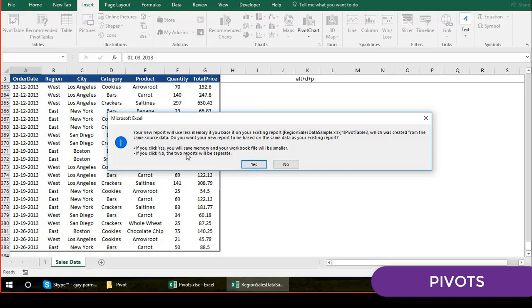If you click no, the pivot which you create will have separate space in the memory. So it's all up to you what you want to do. It doesn't really impact anything unless you have data of 10,000, 20,000, 30,000 rows and you're creating 10-15 pivots. For 1, 2, 3, 4, 5 pivots it doesn't matter. But still, I'll show you.